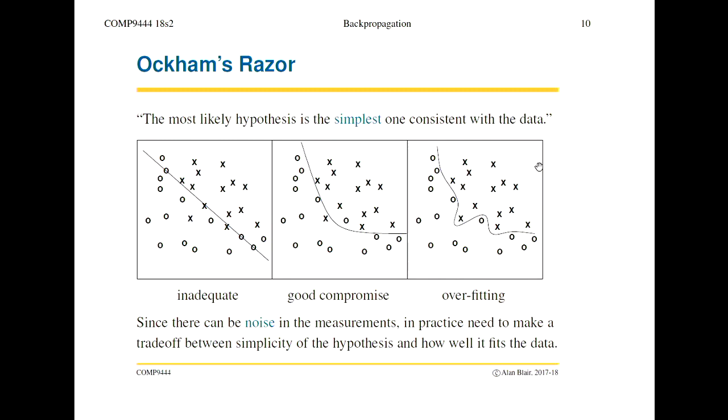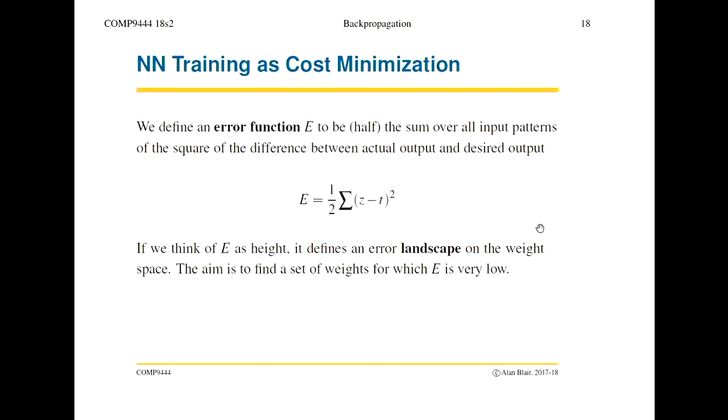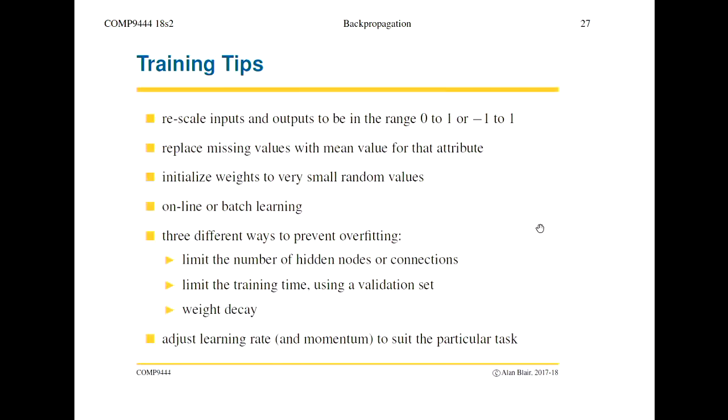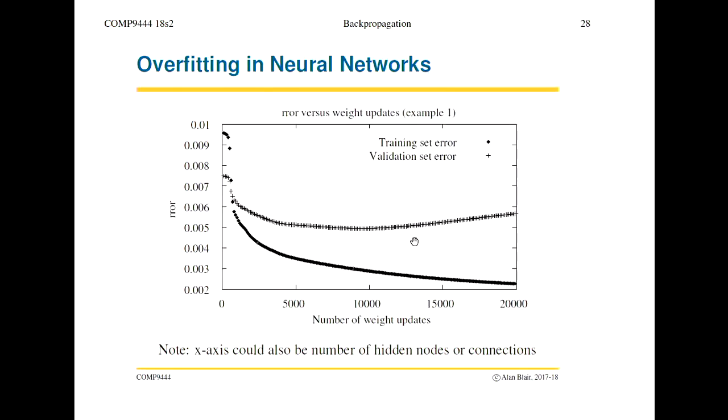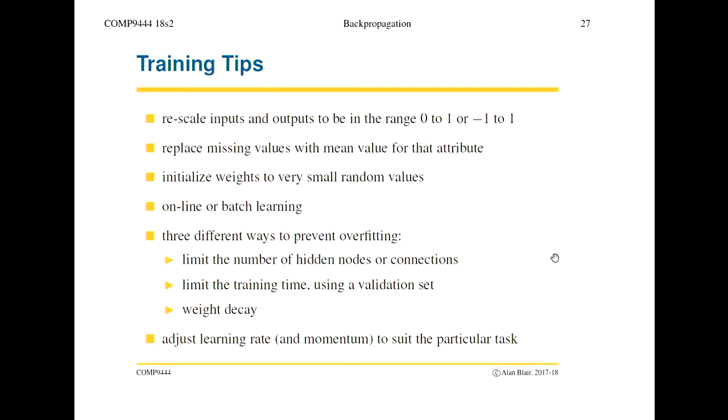So we want to choose a number of hidden nodes which is appropriate for the task, which is adequate to capture the properties of the training data, but not sufficiently powerful that it can overfit. So there's different ideas about overfitting. The main way we avoid overfitting is by regulating the number of hidden nodes.